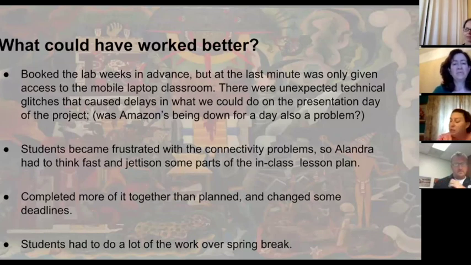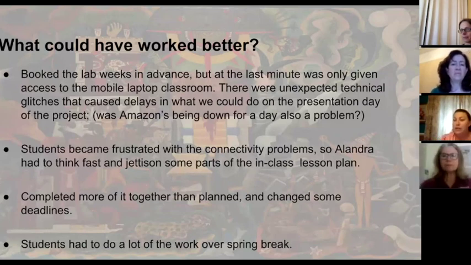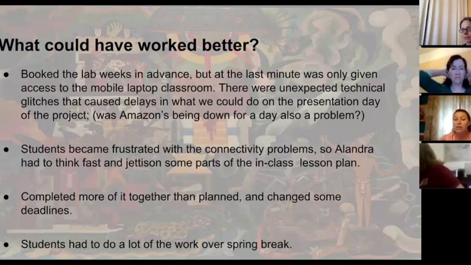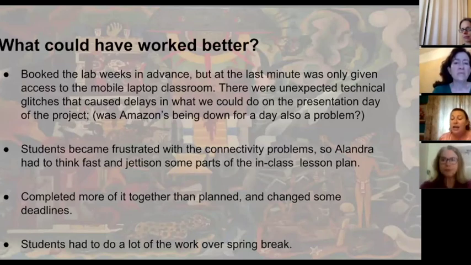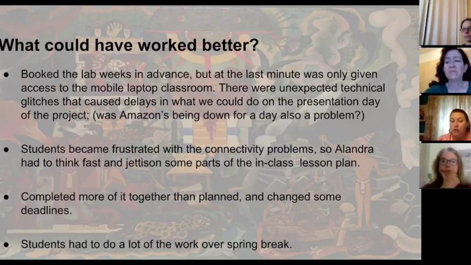But students did become frustrated with the connectivity problems. So I had to change some of the stuff we did that they were going to use and work in small groups. Instead, we did a lot more as a class. I assigned a little bit of the project as extra credit, which actually the majority of students did with those Padlet questions.